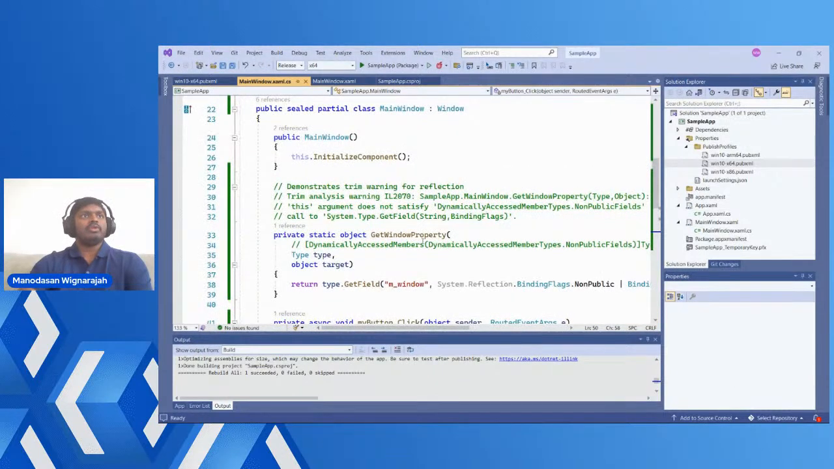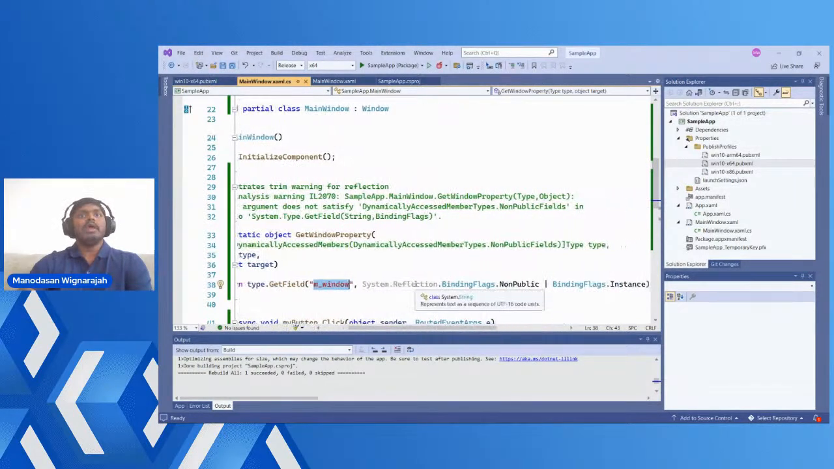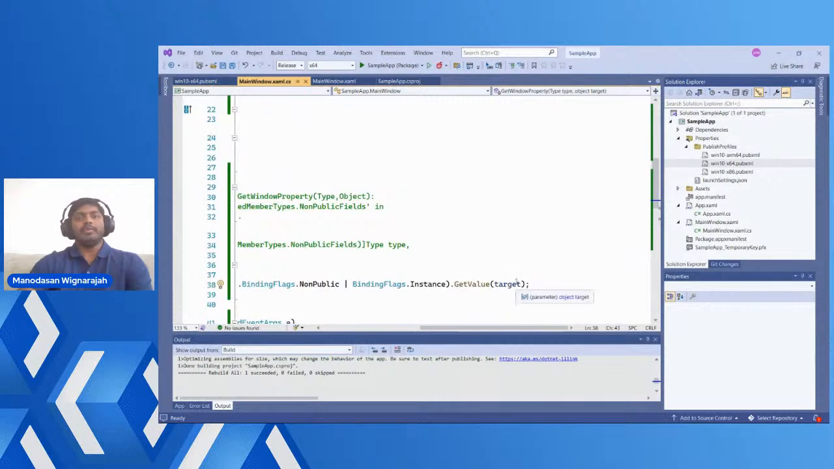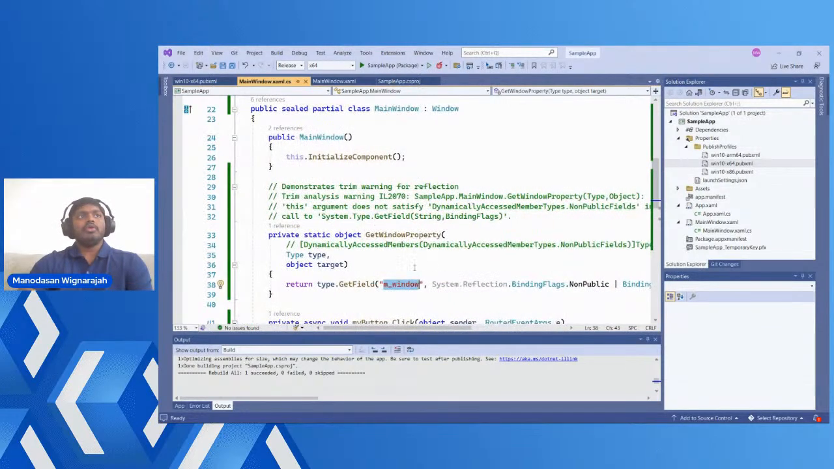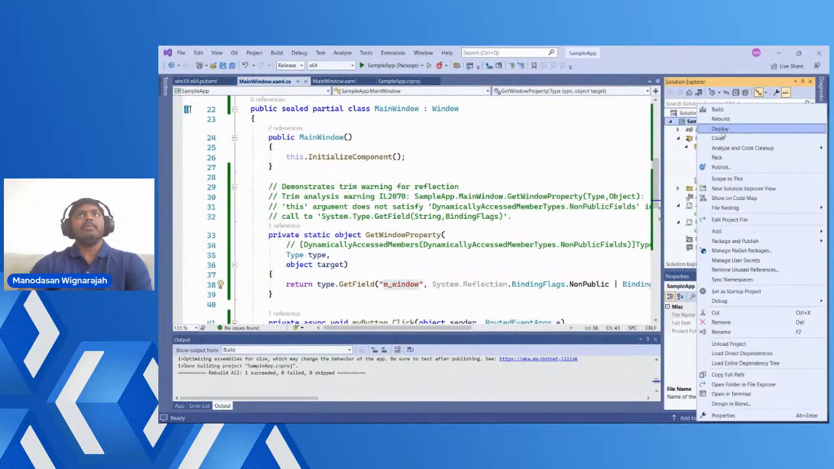Another thing I should call out is the usage of reflection. I have a function called getWindowProperty, and what it does today is it gets a type variable, and it will call type.GetField, get the mWindow field, and then get the value for it for the given target. So if I were to build this right now,